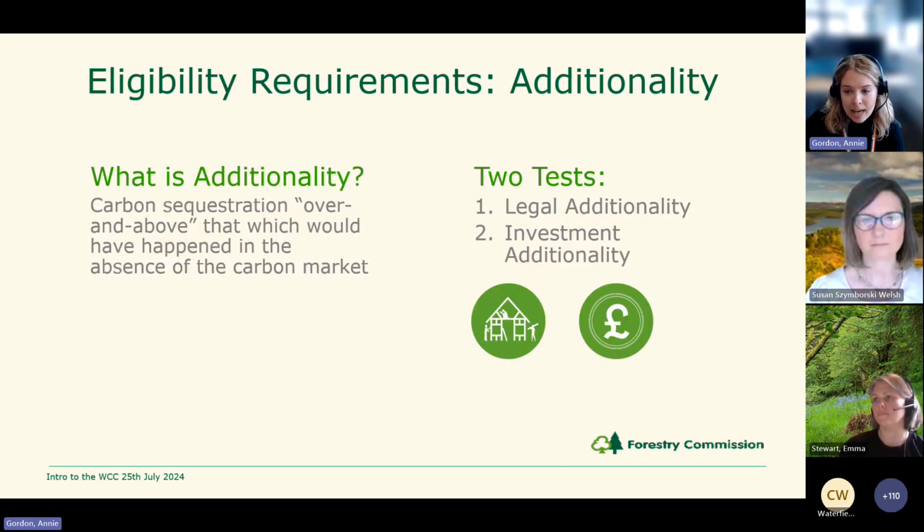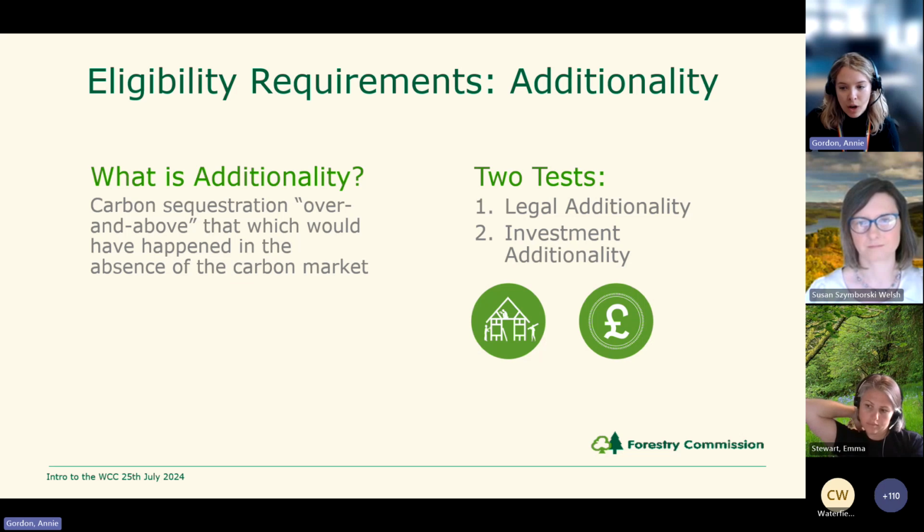So additionality essentially involves proving that the carbon sequestration within the project is over and above that which would have happened anyway in the absence of the market. So what does that actually mean in practice? Ultimately, it means that if you want to enter the Woodland Carbon Code, you have to prove that the woodland wouldn't have been planted had it not been for the incentivisation of that potential carbon income through the voluntary carbon market. And this is really essential to the integrity of the Woodland Carbon Code, and it can help to